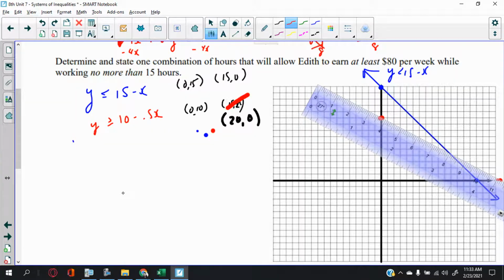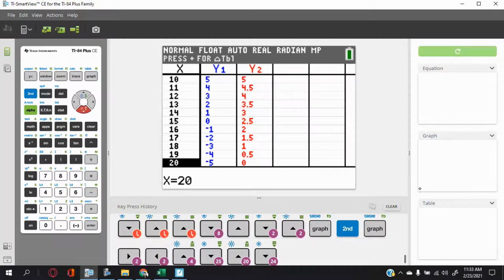All right. Now, my take is that the intersection is somewhere around, let's see, 1, 2, 3, 4, 5, 6, 7, 8, 9, 10, 11. My take is that it's going to be somewhere around 11. Actually, no, it's 10, 10, 5. You see that, right? The intersection is 10, 5. So